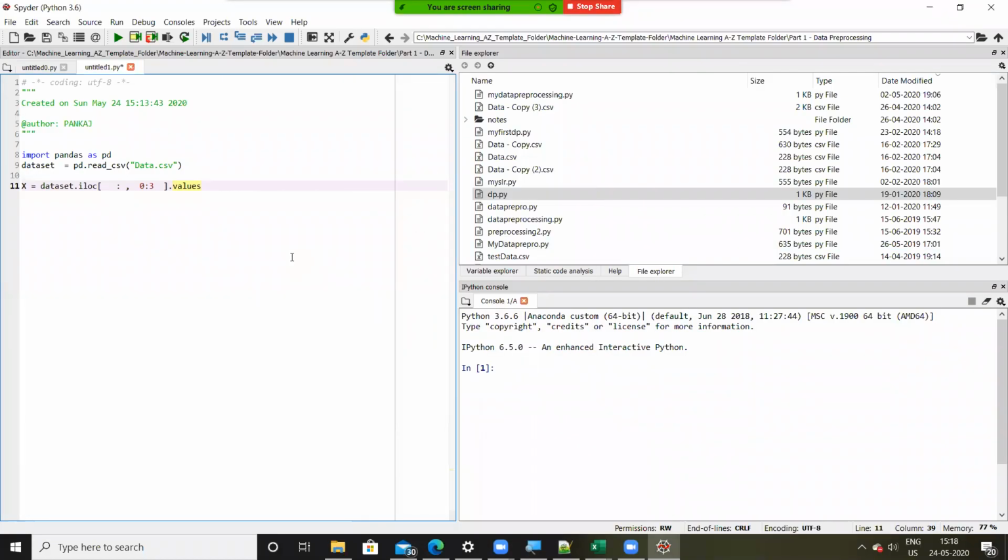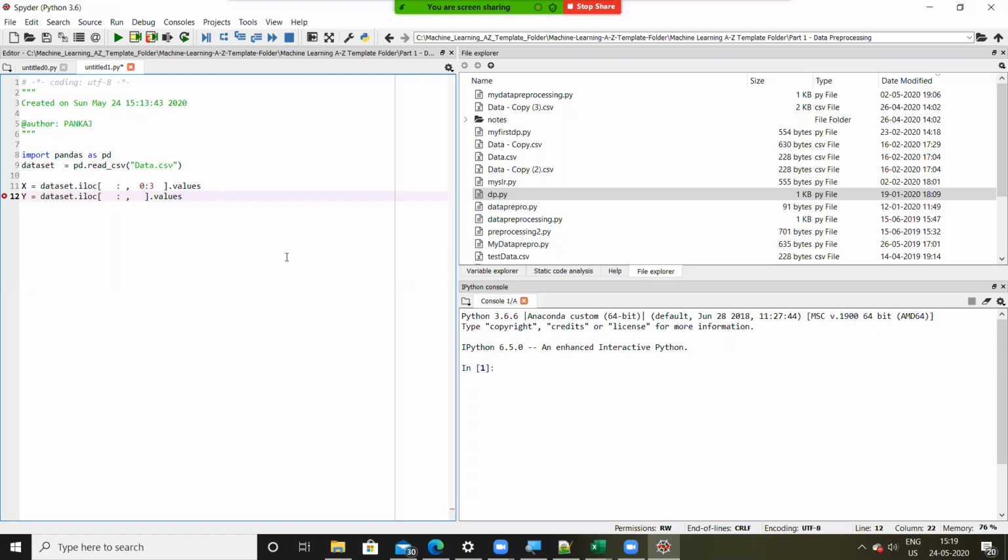So we have read the data into our variable X from column index 0 till column index 2. Now next, output Y is equal to dataset.iloc square bracket .values. We divide it into two parts. Left hand side is rows, right hand side is columns.